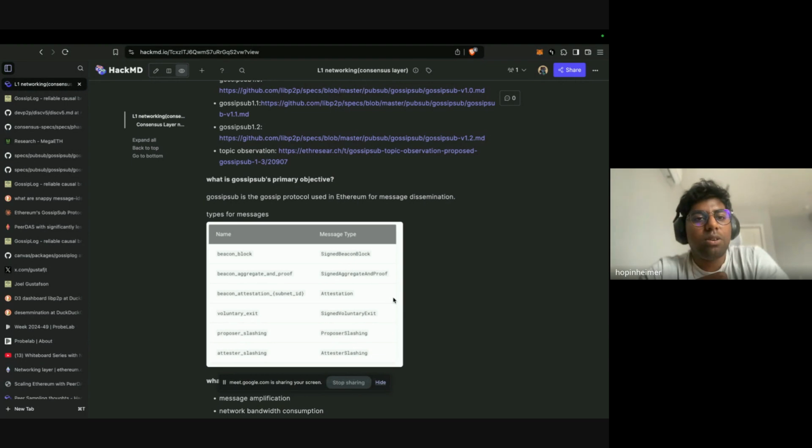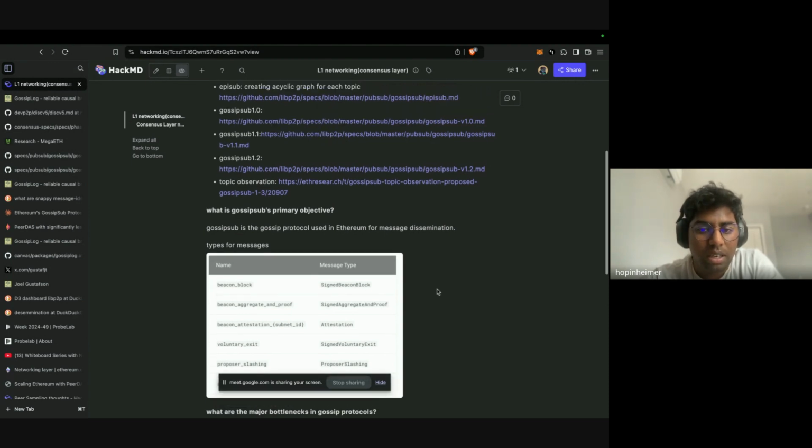Now, again, coming back to the network bandwidth, there's a trick that is being used in Ethereum: there are 32 slots in an epoch. So what we need is a validator to vote at most once in one epoch.